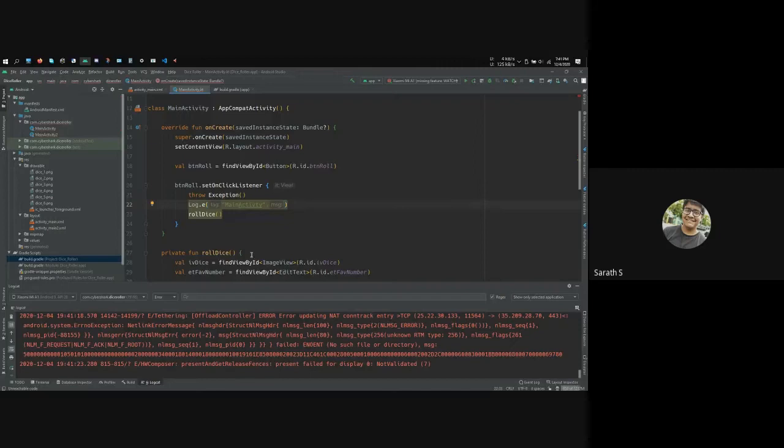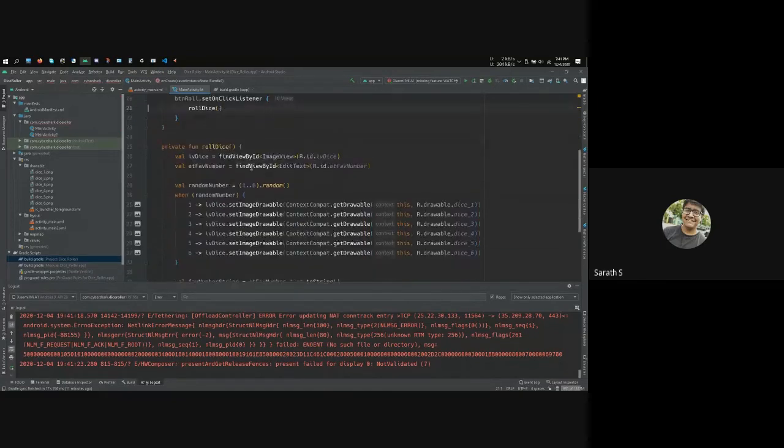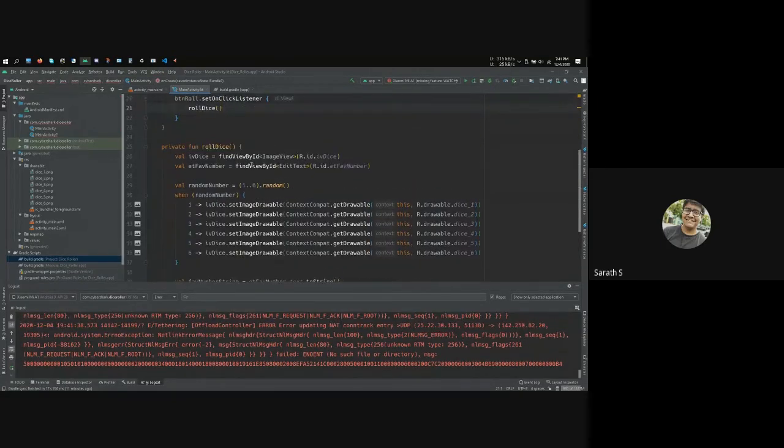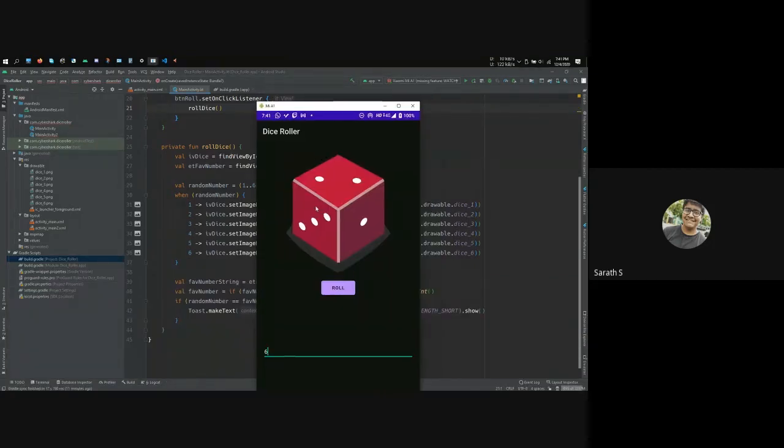So yeah, going into our dice roller app back again. We looked at activities, right? So basically, what we are doing here is calling the roll dice function. What the roll dice function does is, first, we are getting the reference to the image view. The image view is where the dice image is shown.